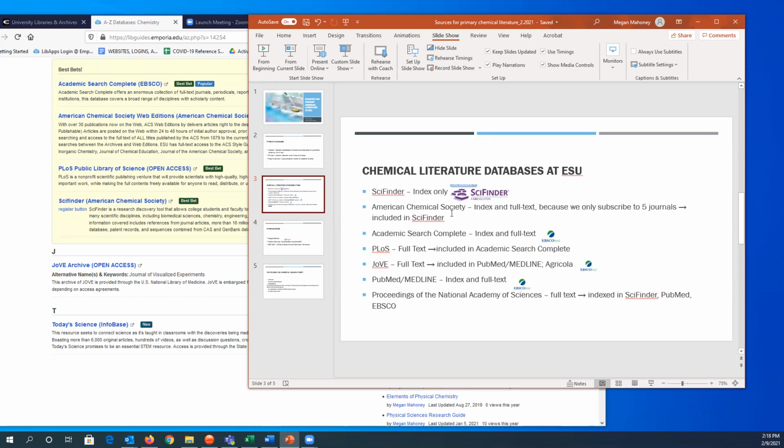Now, the American Chemical Society is indexed in SciFinder, so you don't have to search these 2 databases independently. If you search SciFinder, it will include the American Chemical Society journals. And if you click on a record for an article in one of the 5 journals we subscribe to, it is possible to get to the full text from within SciFinder.